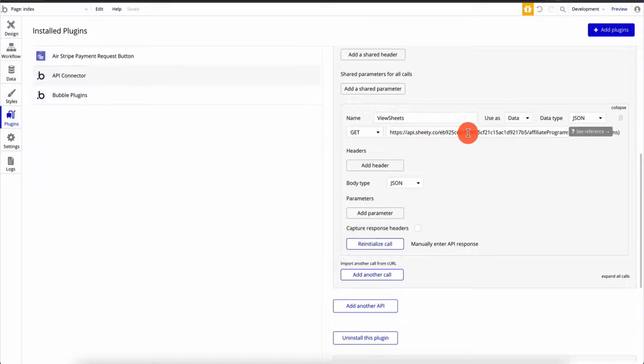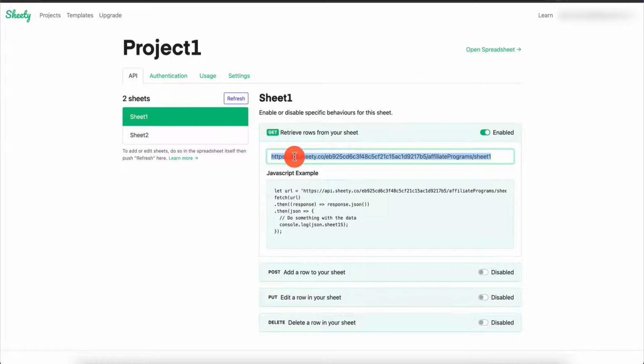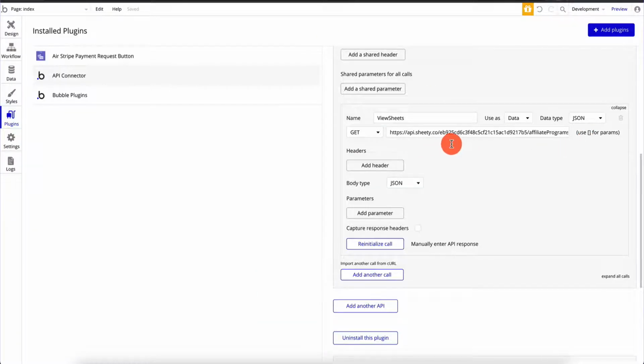And this is where you paste this URL that you got from Sheety. You basically paste this URL. And that's all you have to do. There's not going to be any parameters. It's all set up. And once you do that, you're going to have an option called initialize call. And so I'm going to click it for you just to explain what it does,